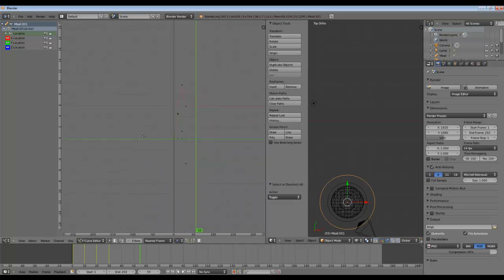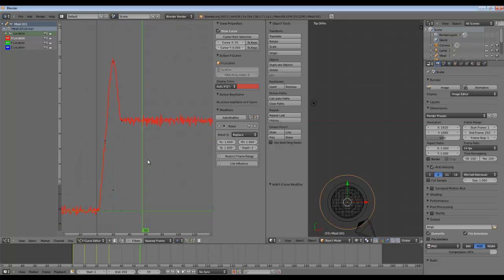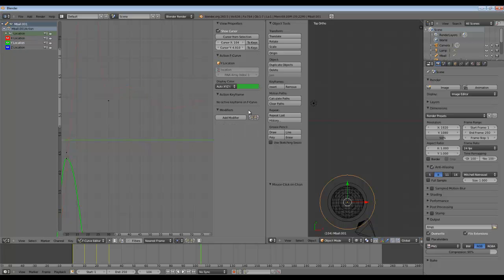I used the modifiers for the curves. So if I select the location, I can add noise. Noise is like a smooth version of random variation. So you can add some noise to this, and that's going to animate a little bit too much. You'll notice it's pretty twitchy, but you can change the scaling of the noise. And now we get some pretty smooth random movement. So then if we take this, copy it, and paste it on all of the axes,